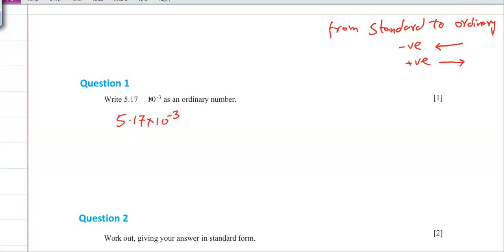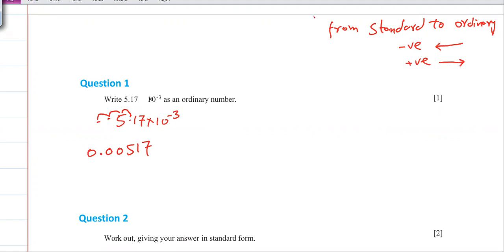Now, right now you can see here, what is the power of 10? It is negative, so your decimal point should move to the left side. How many digits? 3 digits, because the power of 10 is negative 3. So if I move it three steps, step number 1, step number 2, step number 3. Now, for the other two, I don't have any numbers, so I will write 0. So I will write 0.00517, and on that side, if you write 0, it doesn't matter. So this is the conversion from standard form to the ordinary form.